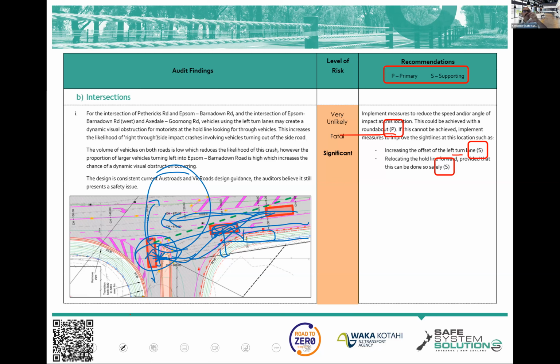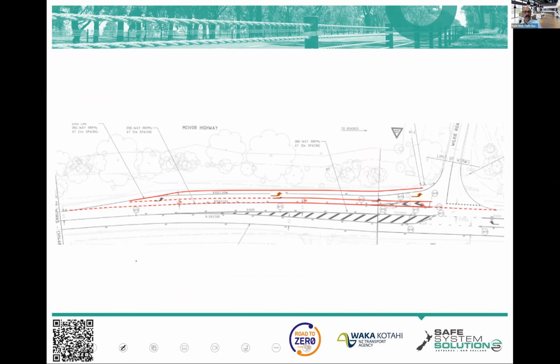So that's the sort of makeup of an audit finding. And I'll take questions in just a second. My colleagues, I was reviewing an audit report. I wasn't actually part of the audit team, but I was reviewing this one